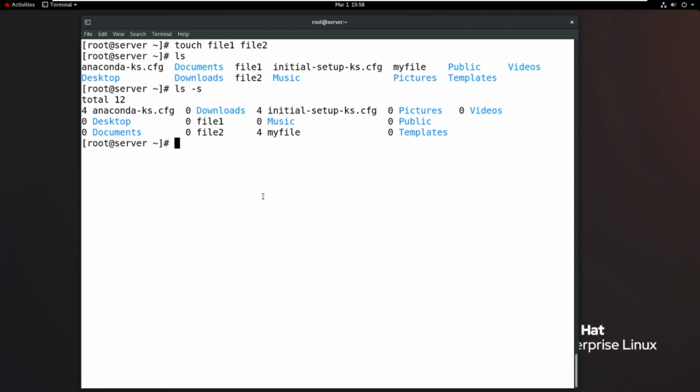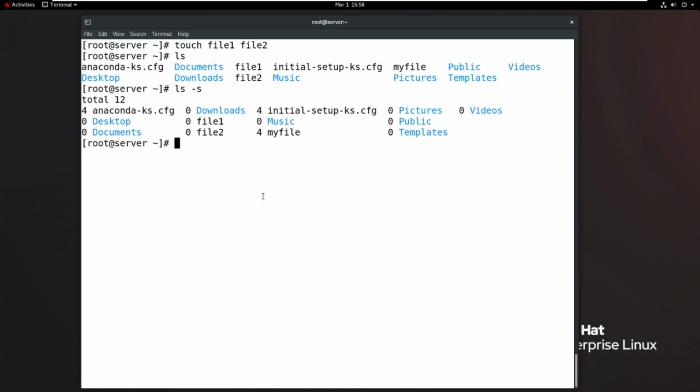But what is the responsibility of the touch command actually in a real environment? The touch command changes file timestamps. Do you get it? So the touch command is used to change the file timestamp.